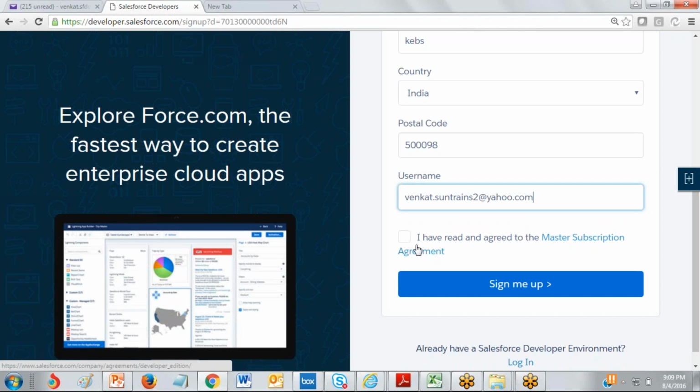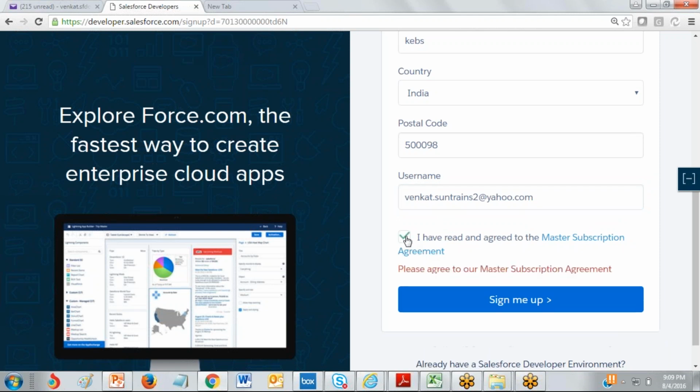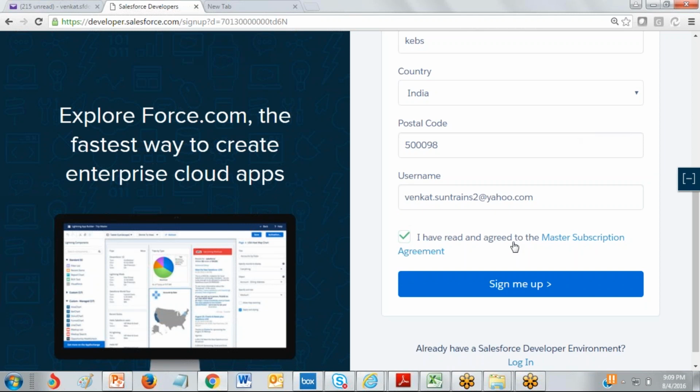Right, and you need to check this checkbox. It's the agreement between Salesforce and the user. If you click the sign me up button, you'll get a mail notification stating that this developer edition is created.